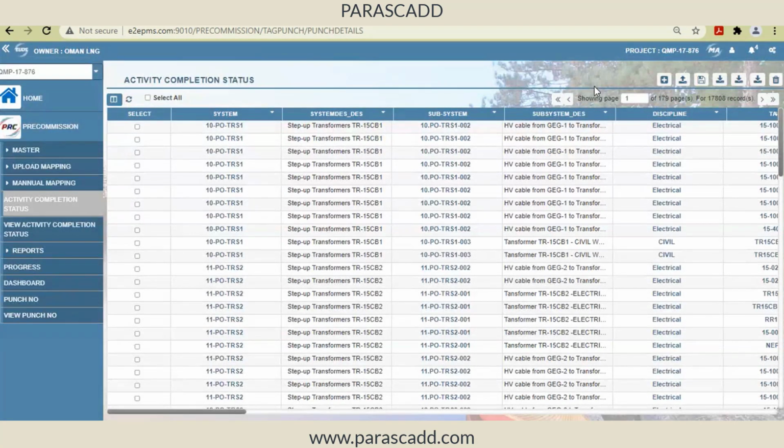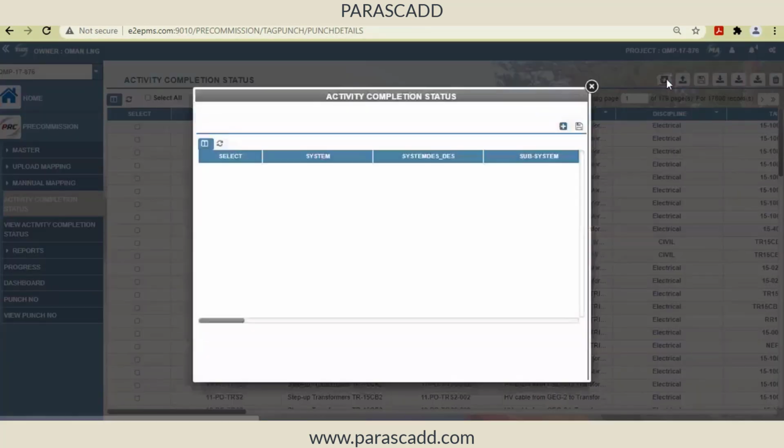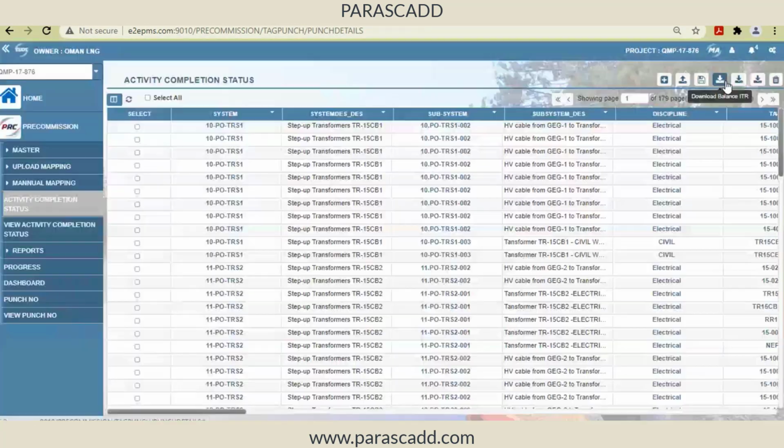Normally you will get this from the pre-commissioning team, who create a system through the P&ID with the line numbers or the tags. So that will come from the pre-commissioning team. From the interface point of view, it is either in Excel or it can be manually added in the system. You can see this at the top on all the screens, you will see adding manually, or download the template and then upload it back into the system. That is the simplest and easier way. Yes, understood, sir.